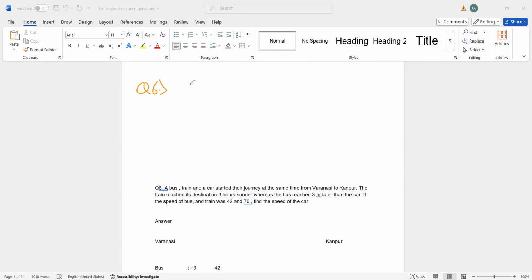Okay, let's see. So you have 3 vehicles: a bus, a train, and a car. They're traveling from Varanasi to Kanpur, and something about their time is given to you. Let's use S for speed and T for time. Because the speeds of the bus and train are given to me, we'll write 40 and 70. This is not known to me, but one thing that is known is that the bus is taking x plus 3 and